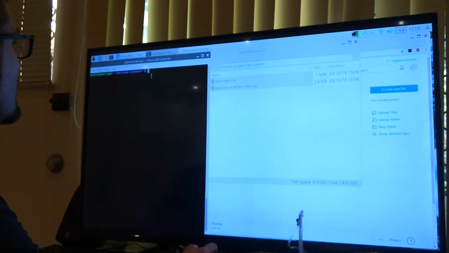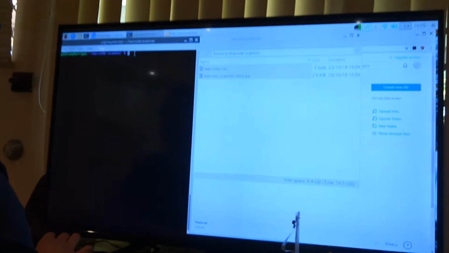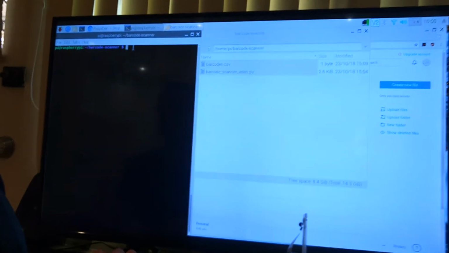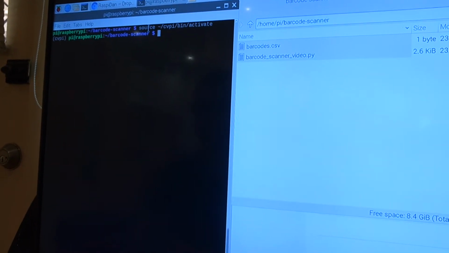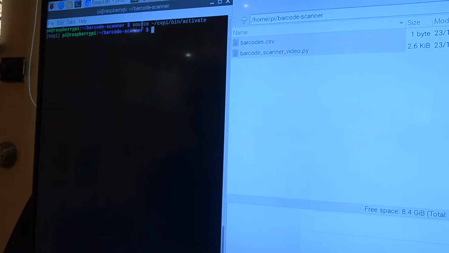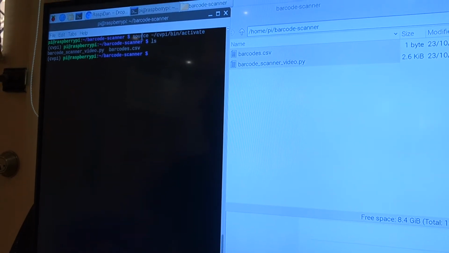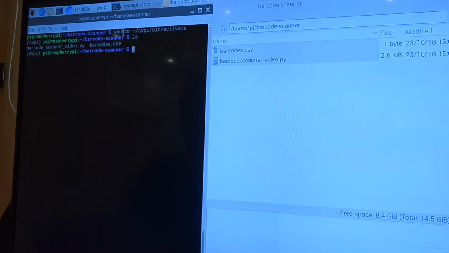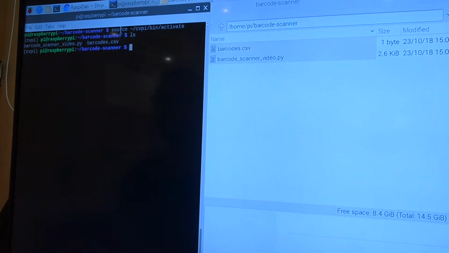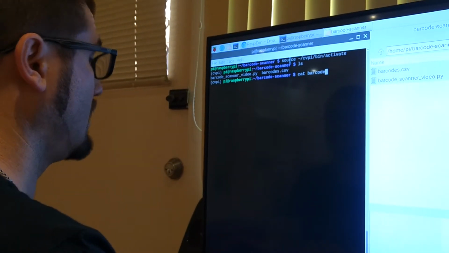Okay, so the first thing we need to do is actually start the virtual environment. Now we're in the virtual environment for this particular project. And then I'll just show you first, actually. We're in the correct directory, so there's just those two files in there at the moment: the Python script and the barcodes CSV, which it will place the scanned barcode information into. And if I just cat that file first,